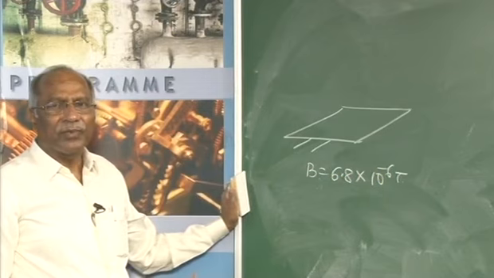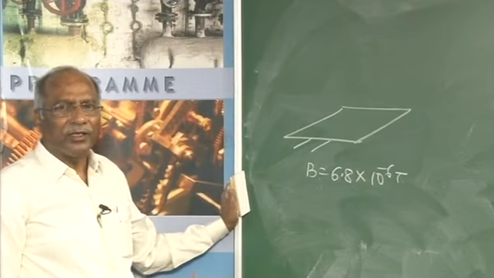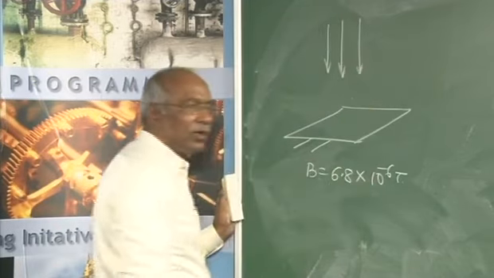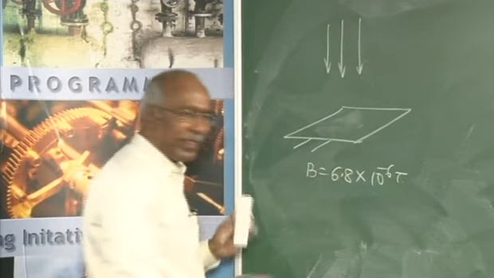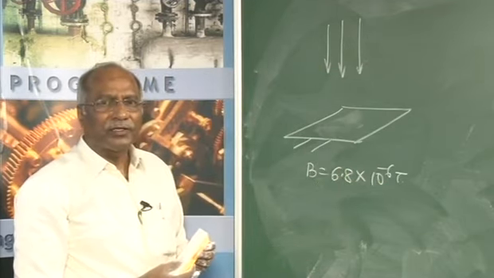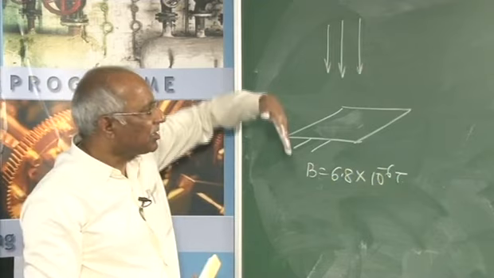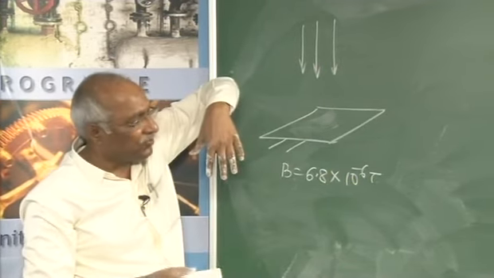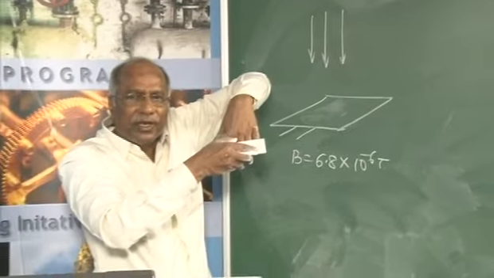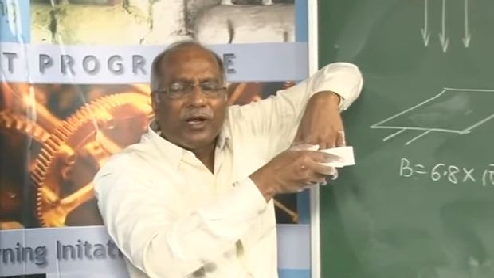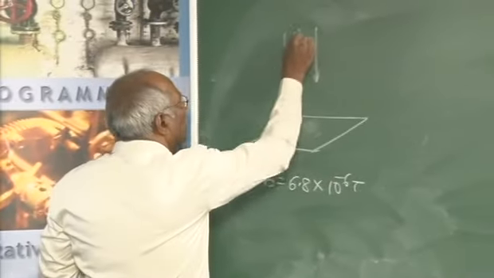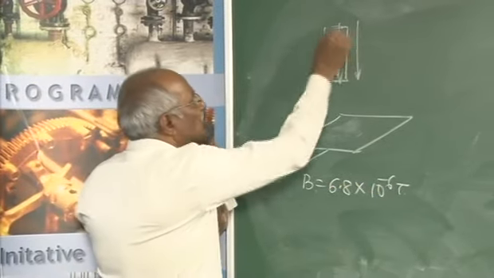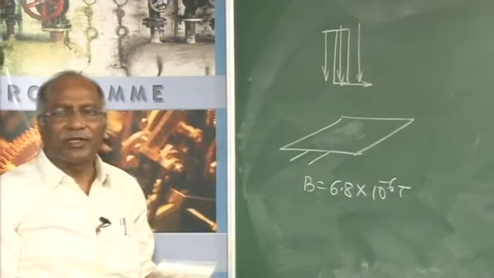Calculate the flux linkage when the plane of the coil is parallel to the magnetic field. That means, if this is the magnetic field, the plane is this one. When the plane of the coil is parallel to the field, if these are the lines of force and this is the plane of the coil, which is parallel to the magnetic field, it will be something like this. Obviously, as it moves this way, you will observe it is cutting maximum flux, so the flux linkage will be maximum.